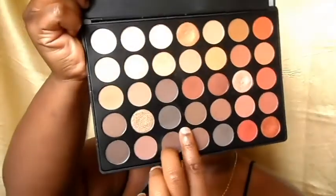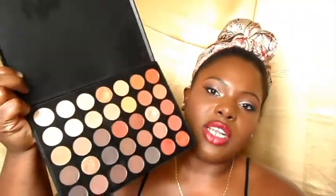I would have appreciated it if maybe they had only kept 2 or 3 of the shades, or maybe only 2 of them. I think these 2 right here, because these 2 are the warmer of those deep dark browns, and I would prefer that they only kept those 2 and made some variation in the other ones. Maybe made them a little bit more red or a little bit more yellow, you know, just some variations in the brown. There's more that you can do with brown than just give me all of these deep dark shades,